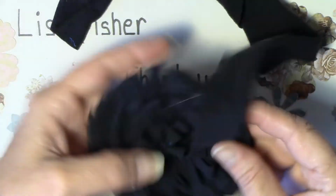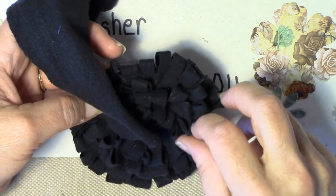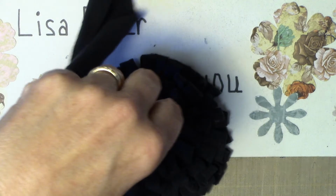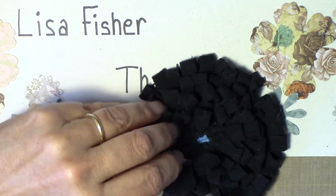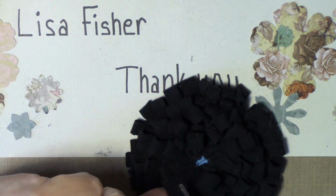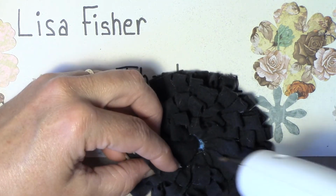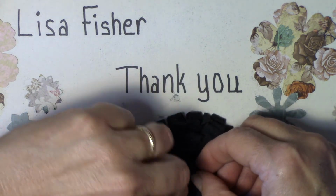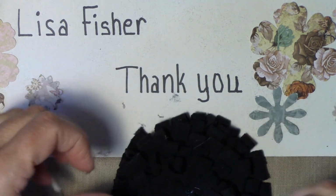And I'm going to fluff it up and look at it. And I'm pretty happy with that. So I'm going to cut it right where I ended. And let me get one more petal in there. Okay, and then I'm just going to put some glue down in there. Again, you don't have much room in there now. And I'm going to grab and smush and make sure that I grab the end of that t-shirt and stick it down into the center. Okay, so there